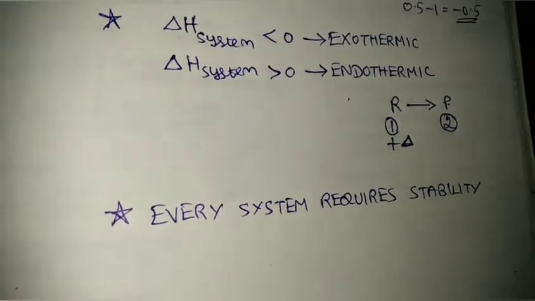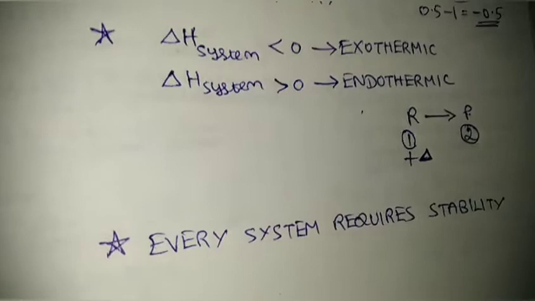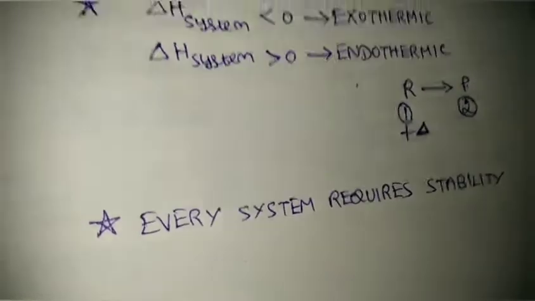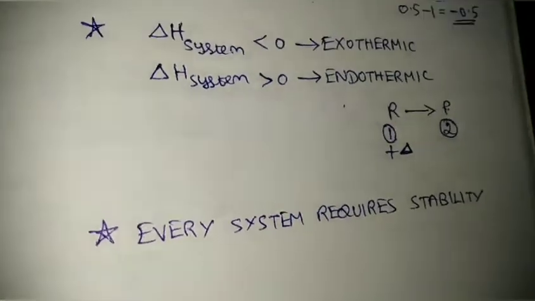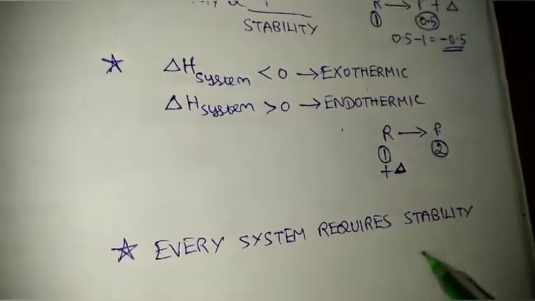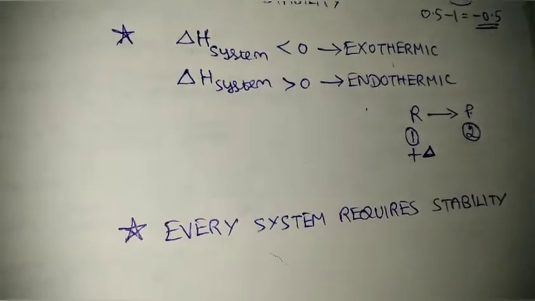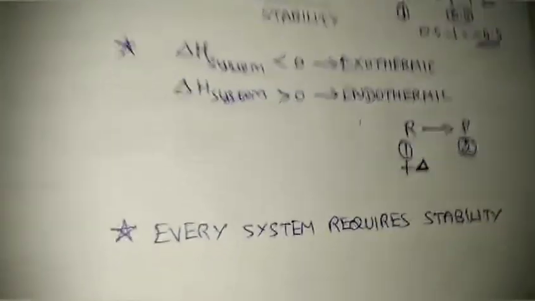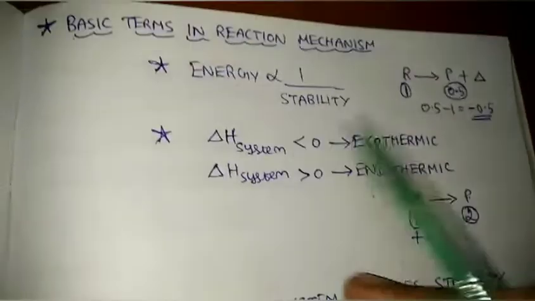Every system should go to stability. It should attain stability, which means its energy should be very, very low, correct? If its energy is low, then stability will be more. If its energy is high, it will run and jog like anything. The molecules behave the same way as humans. So what I'm saying is, in chemistry, every system requires stability. It's not mandatory, but every system wishes to go to the stable part. So if the stability is higher for the system, the energy content should decrease, correct? Because of the proportionality we saw here.